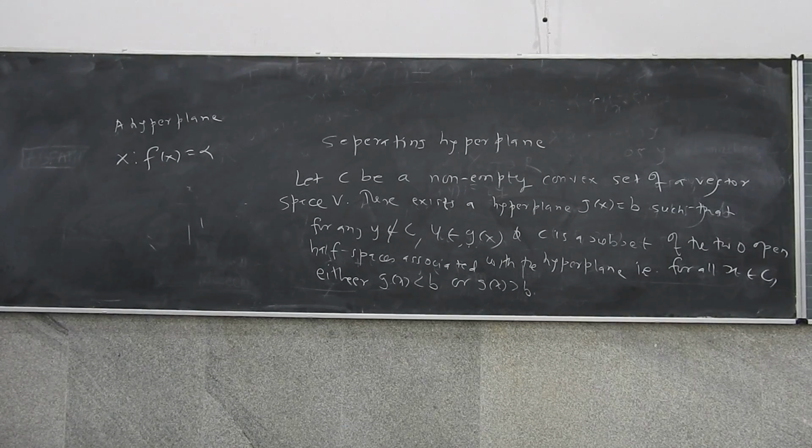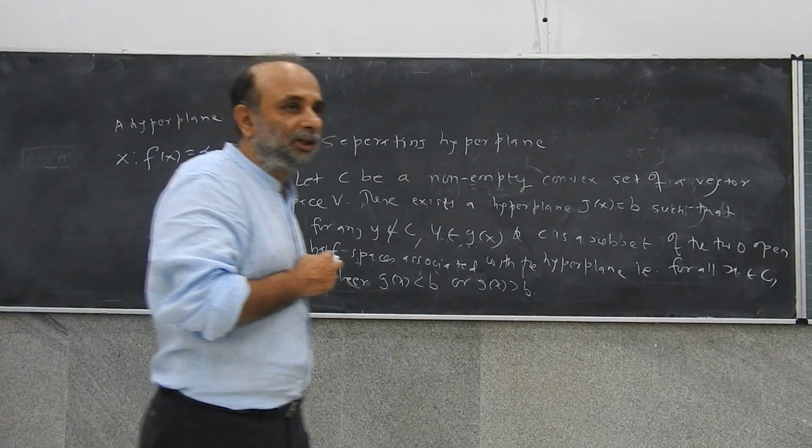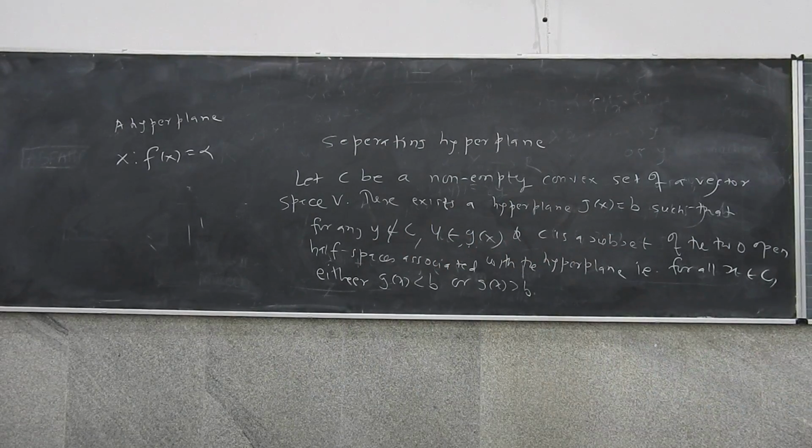So everybody knows what a vector space is? What's a vector space? A set of objects closed under vector addition and scalar multiplication, right? Okay? So if you add these two objects, the resultant must be an object belonging to the same collection. If you multiply this object with a scalar, the resultant must also belong to the same set, right? Must also be a member of that collection.